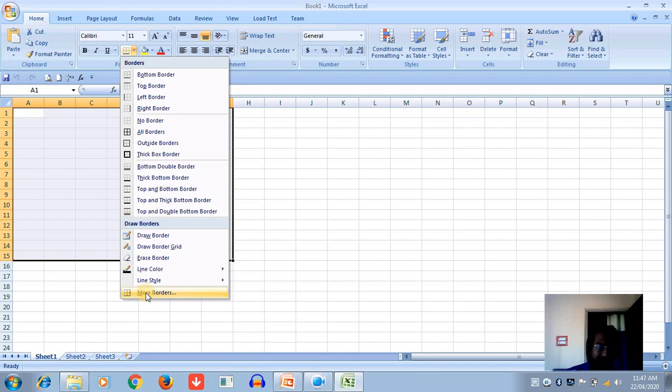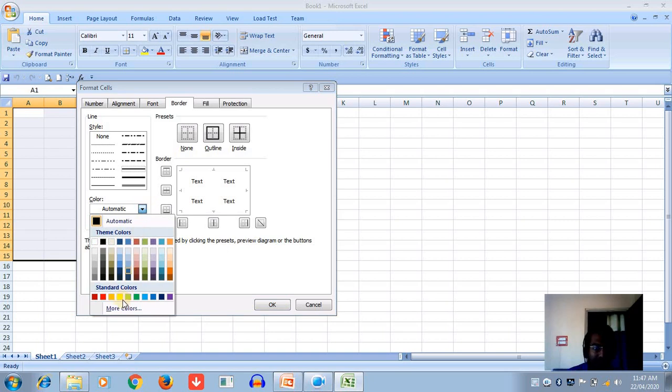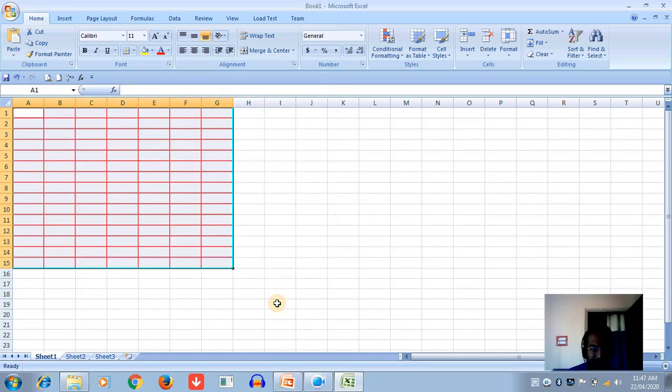Now we are choosing More Border options. Here you can see no border is previewed because I have not applied one yet. First choose the style of the border and select the color also. Choose the red color and click to add the border. Then click on the OK button.